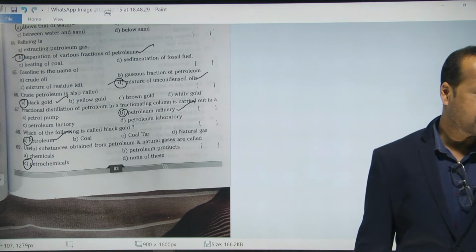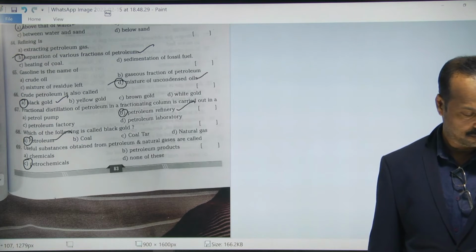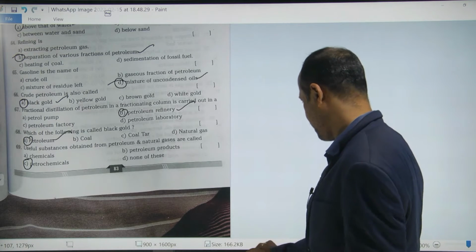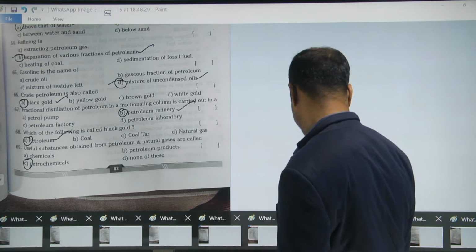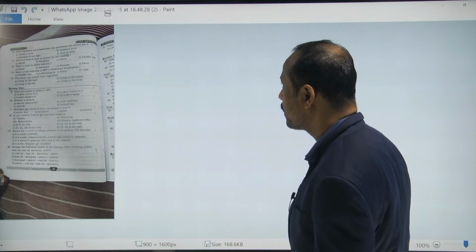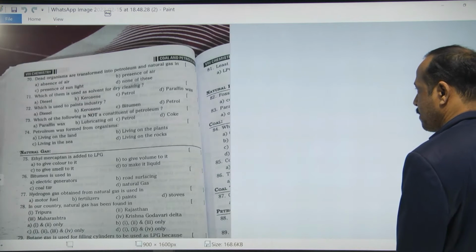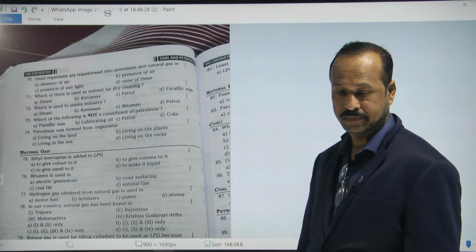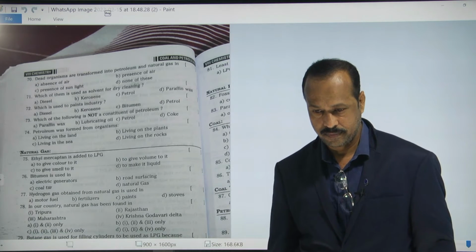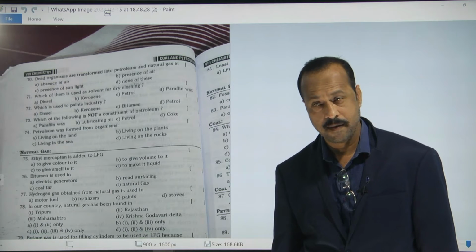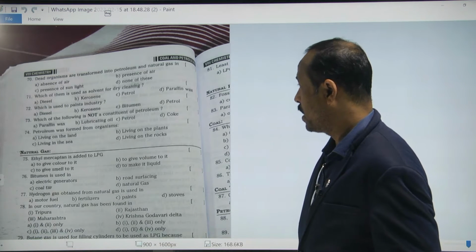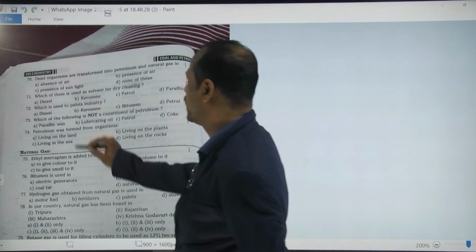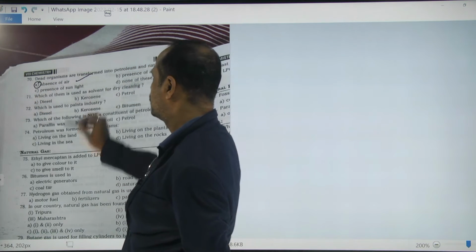Okay. Open the next page. Read the question. Dead organisms are transformed into petroleum and natural gas in absence of air. Absence of air. Very good. Next,